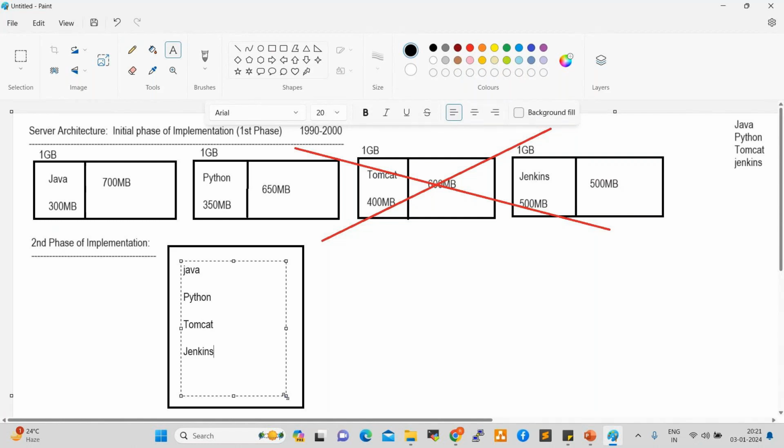All the applications were deployed on the same server in the second phase of implementation.